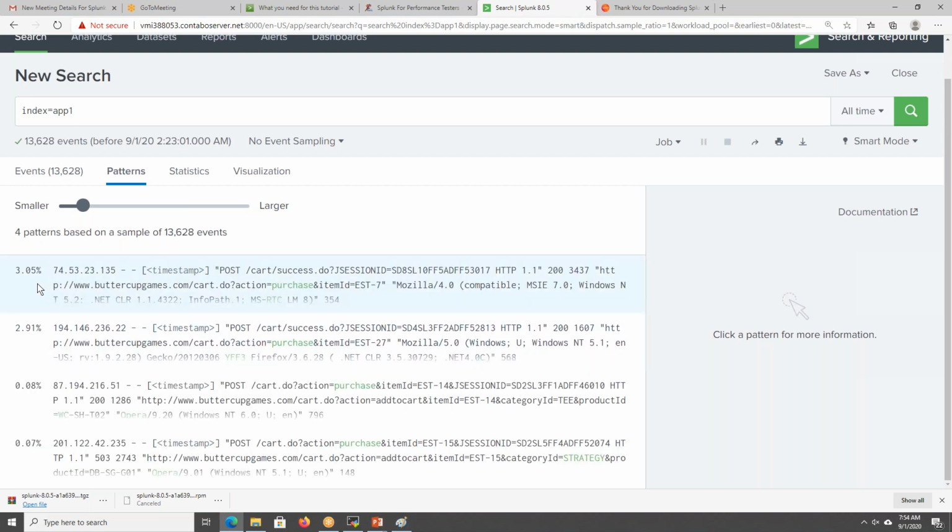So 0.5% of my logs are related to success, and 2.9% are related to some other thing. Like that it will give me the smaller, larger, and patterns.